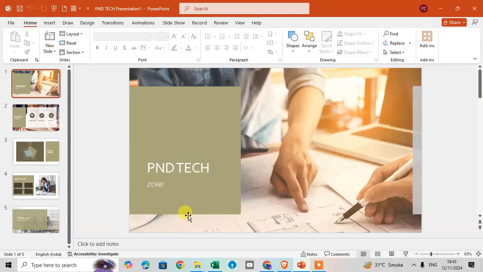In this video, we will learn how to remove password protection from a PowerPoint presentation. So let's start. Open your Microsoft PowerPoint, and here you can see I already created one presentation and it's protected